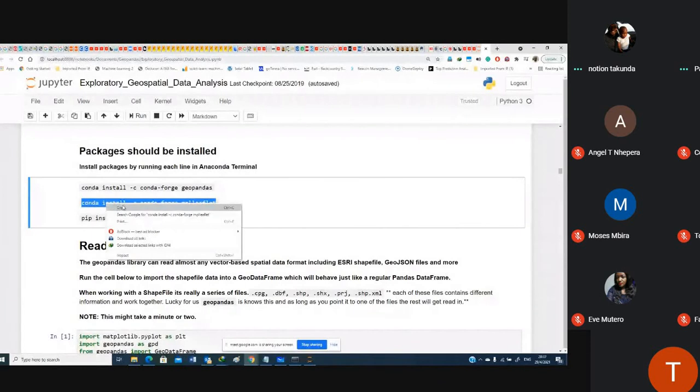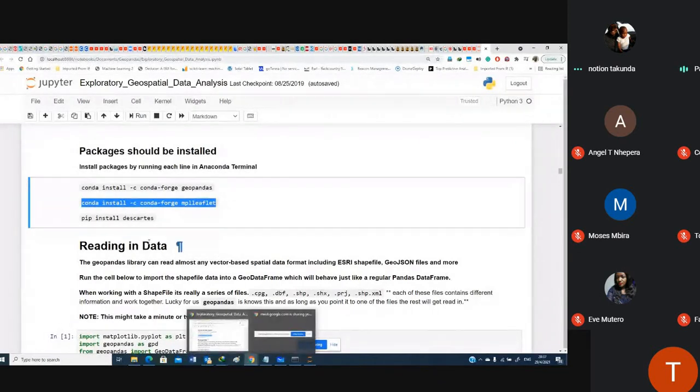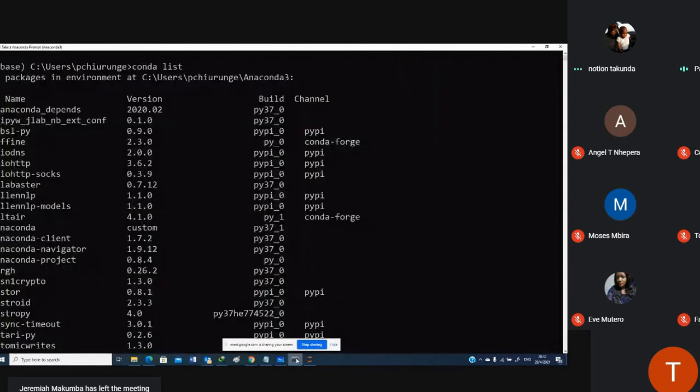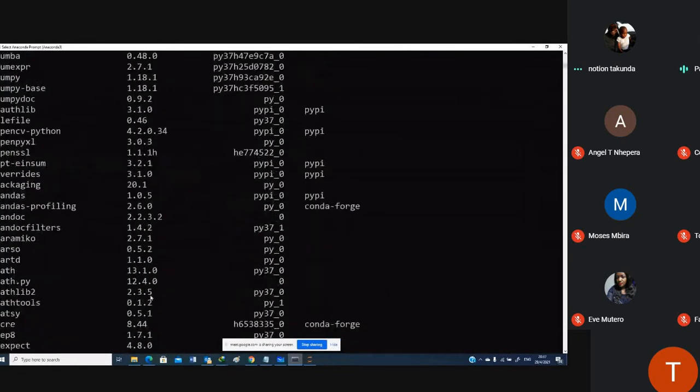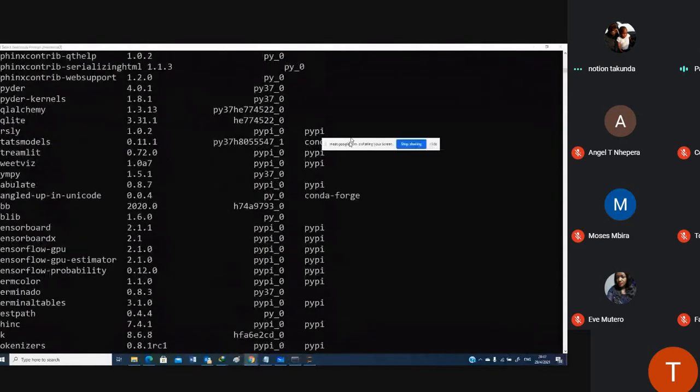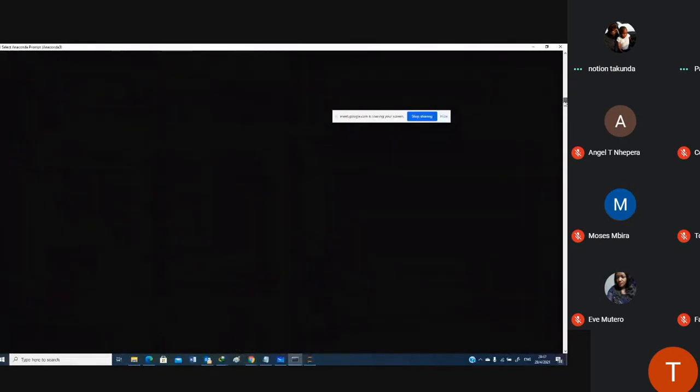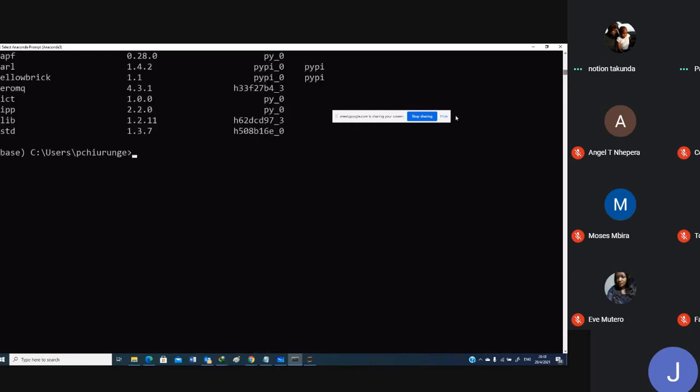So if I'd given the instructions here, you're supposed to, from your command prompt, yeah, from the command prompt, you're supposed to